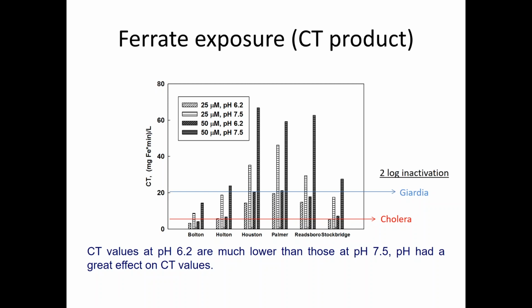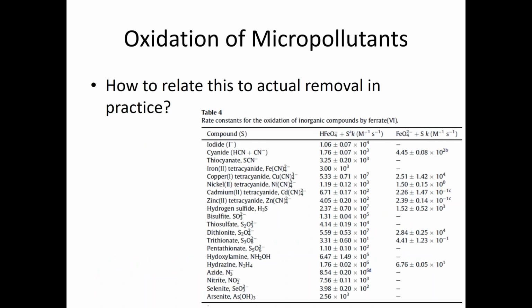But this is an example of how effective ferrate is as a disinfectant. By the way, these doses that I'm talking about, 25 and 50 micromolar, are just a few milligrams per liter as iron, typical doses you might use in water treatment. Okay, in addition, we've got a lot of rate constants for the reaction of ferrate with a whole group of